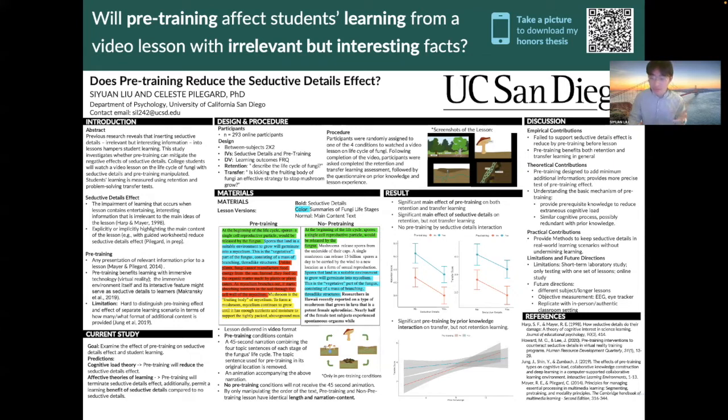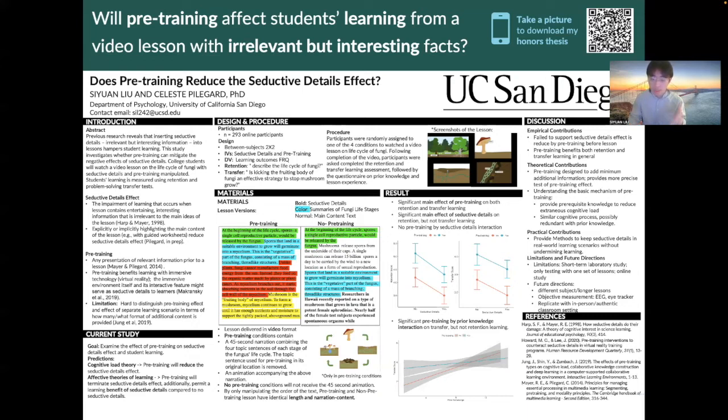Another innovative thing about our pre-training method is that it controls the content and lesson length by only manipulating the order of the narration. The reason we do that is that the current definition of pre-training is too vague. Due to the different amount and formats of additional content provided by different pre-training methods in previous research, it is hard to distinguish the pre-training effect and the effect of a separate learning scenario. So to better understand the basic mechanism of pre-training, we decided to come up with a method which adds a minimal amount of additional content to our lessons.